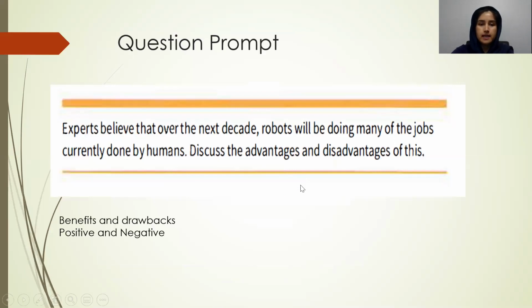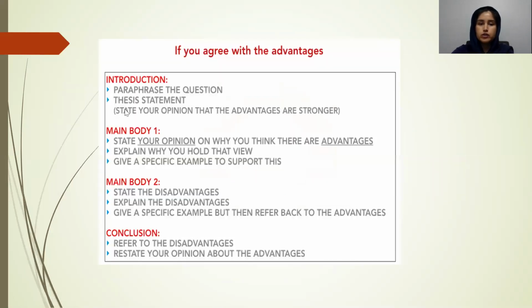So that's done, but the next one should be the thesis statement. I will give you more time. I will just give you 30 seconds first. Actually, I will give you 2 minutes first to decide what advantages and what disadvantages you think this has, that robots are doing many of the jobs that humans do. And then after that, I will give you a few minutes to write that. So just one advantage and one disadvantage. You have 2 minutes.